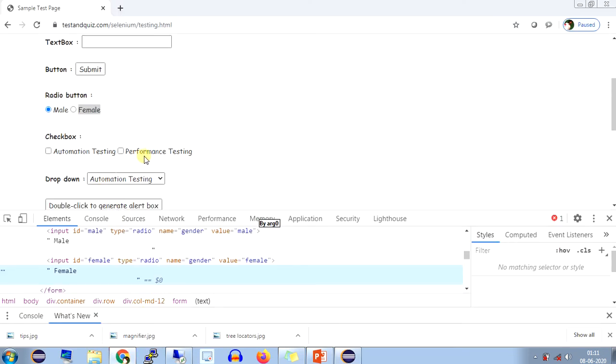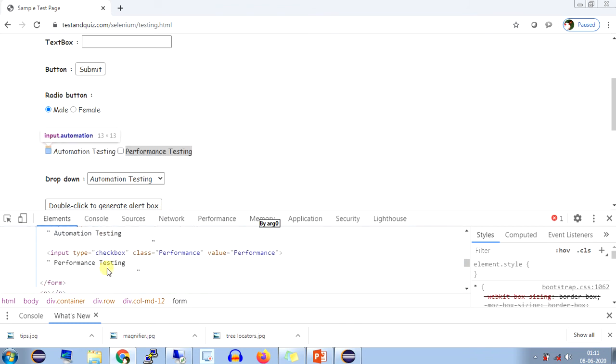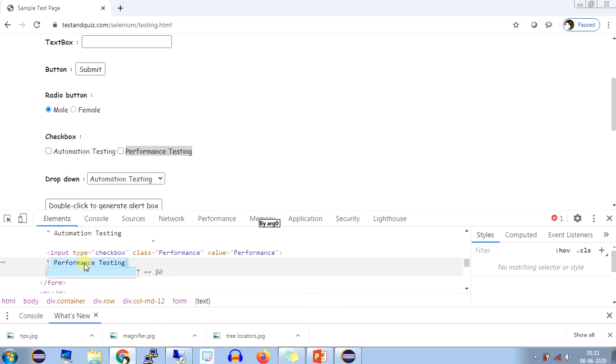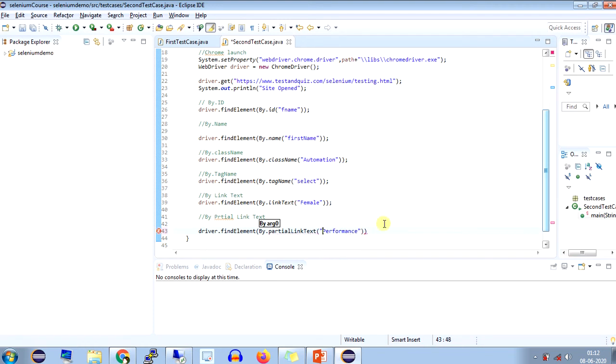Partial link text means a part of the text which is displayed on the front end. For example, in this case, performance testing. It means that the word performance is known as partial link text, or the word testing is known as partial link text. So we can use any of that. Let me try with performance as a partial link text. It means a part of the text, then add a semicolon.